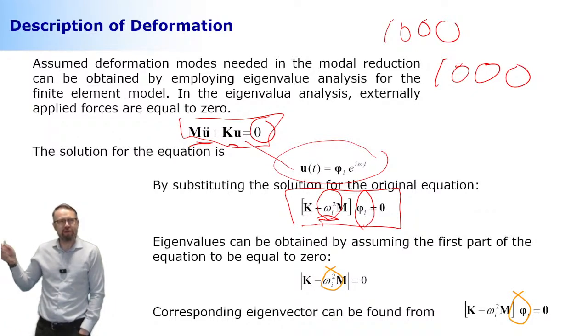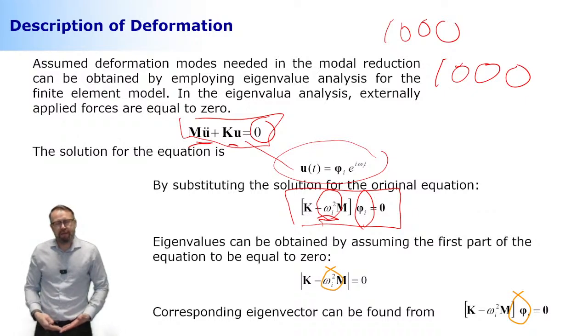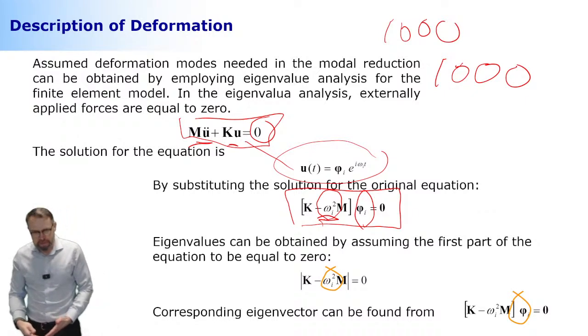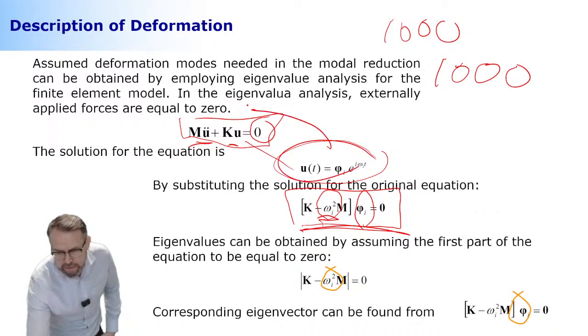This is not the way it goes, but for the sake of simplicity it is explained like this, cutting the corners a little bit. There are better, more efficient numerical methods to conduct an eigenvalue analysis. We're not going to look at that. We just look at the principle behind it. And the principle becomes clear when you look at this solution that you get once you substitute this one here.